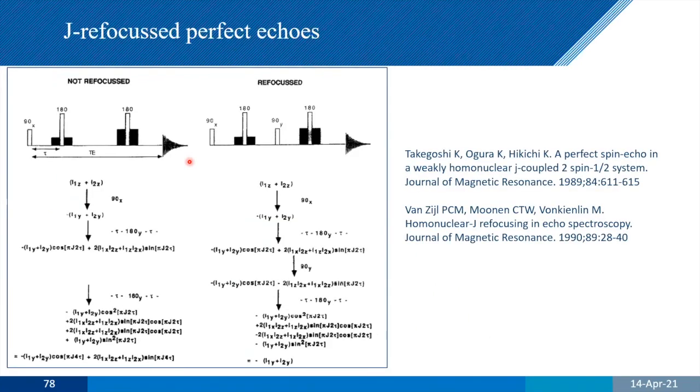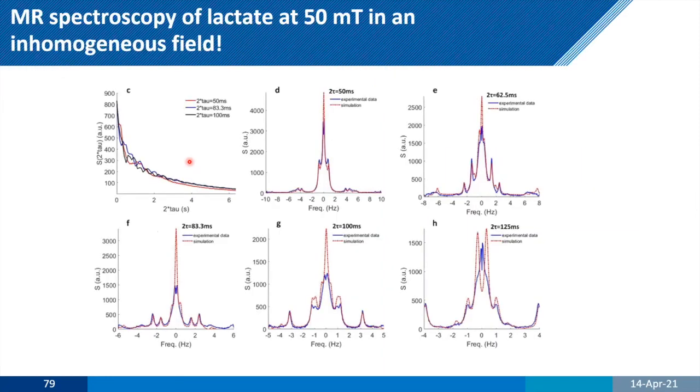So what we can do is go back to some old ideas in terms of perfect echoes and J refocusing. Essentially, if you consider a CPMG train and look at that signal decay, it's going to be modulated by T2, not T2 star. And it's also going to be modulated by this strong coupling. If you look at that decay and Fourier transform it, and look at our frequency axis down here, you can see we have sub-hertz resolution. If you look at lactic acid, with a simulated spectrum and the real spectrum here, we can see we've got very good agreement. So you can potentially pick up lactic acid spectroscopically here in a very, very inhomogeneous field.